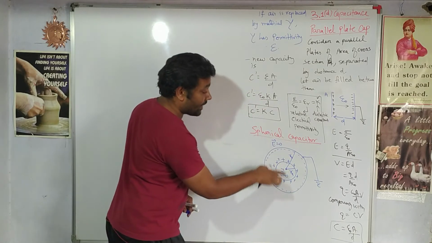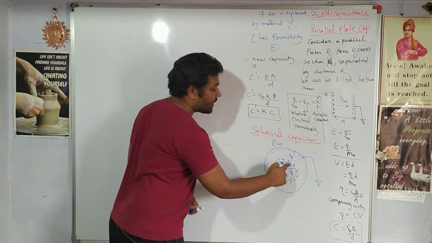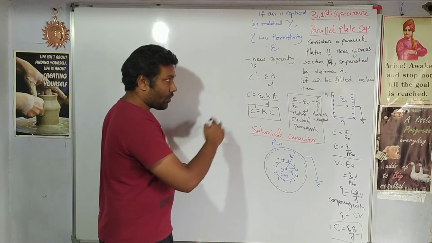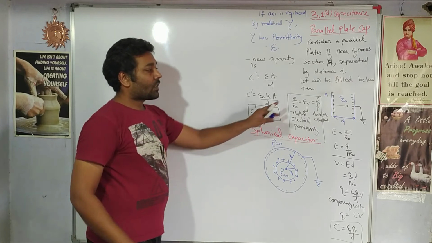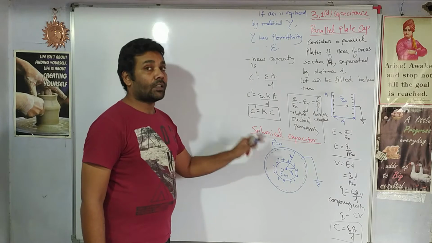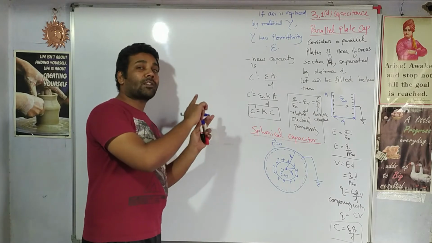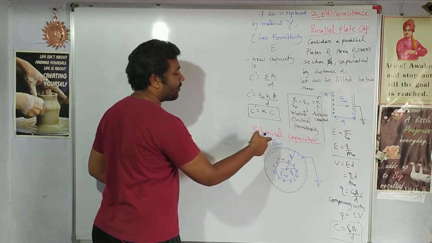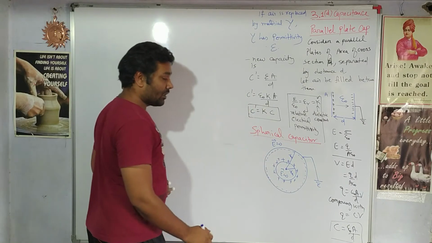You must think and reason out for yourself why the electric field inside is 0, and why the electric field outside is 0. We have already discussed the properties of a conductor in an electric field in the first lecture. So go to that lecture, recollect those concepts and answer why here the electric field is 0.